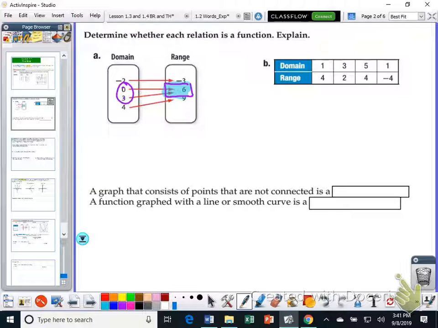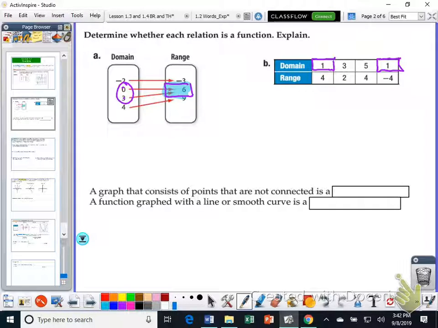So, is A a function? Yes, because it is a one-to-one mapping. Looking at the table of values here, I have 1, 4, 3, 2, 5, 4, 1, -4. I'm looking, 1 is going to 4, but then I notice the same 1, another 1, is going to -4. Well, that can't happen. I can't say, for every $1, I'm going to give you 4 apples, but for every $1, I'm going to take away 4 apples. That doesn't make sense. So again, this is not a function because